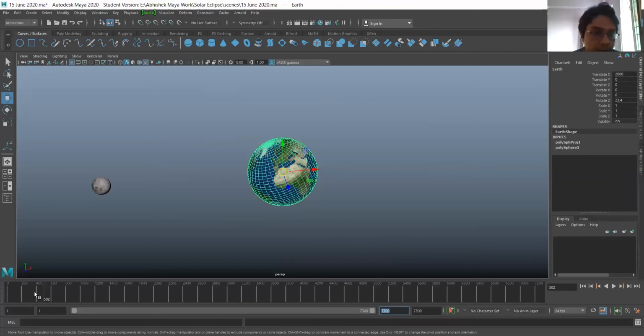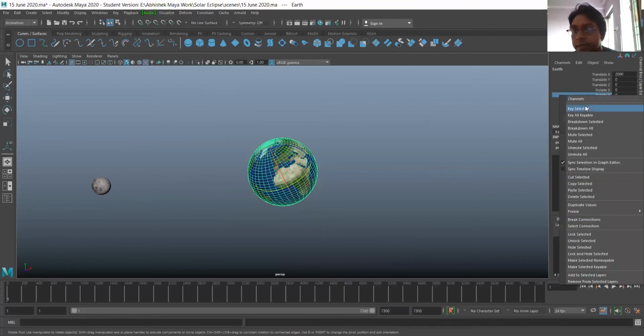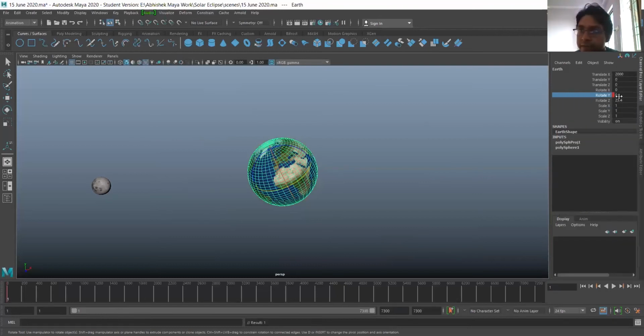Now bring your animation bar to 1 and in rotate Y give the value 0, and where rotate Y is written, right click on it and click on key selected. So you have keyed the first frame with the 0 value.